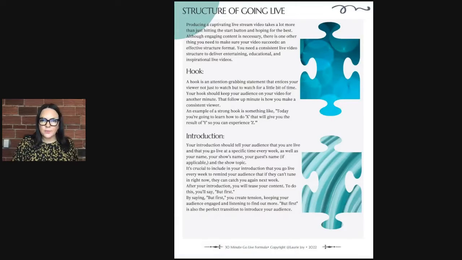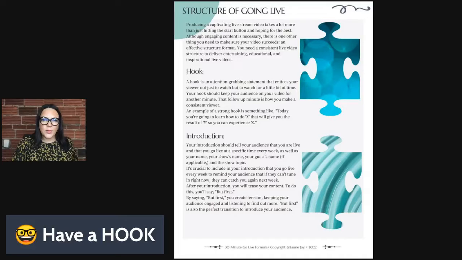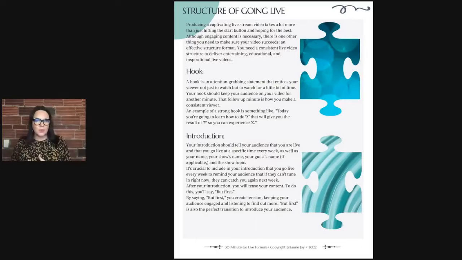We need to have what we call a good hook. Now, the hook, when we're going live, has changed. A lot of times when we're going live, we're like, hi, we're introducing ourselves. Can you remember back in the day when we used to wait for more people to come on? And we have this preamble. And sometimes we think we have to have this preamble in our hook in order to get our people to be commenting and to stay and to boost the algorithm, which we'll talk about with engagement.